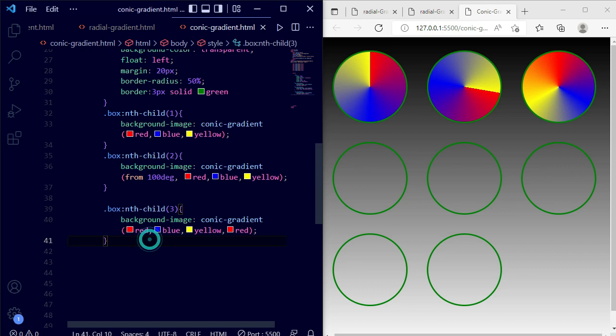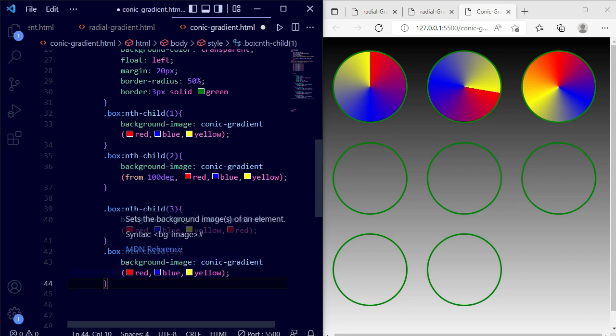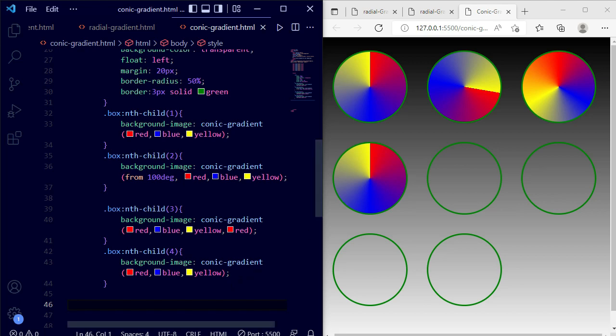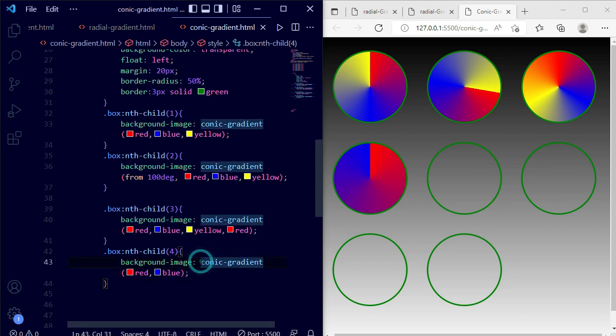Okay, now we are going to use that repeating conic-gradient. So I'm just pasting that line again, and here I just need to change the value to 4. When I save this file, it looks like this, as simple as here. So I'm just removing this yellow, leaving only two colors, and it looks like this. So now I'm using that repeating here,